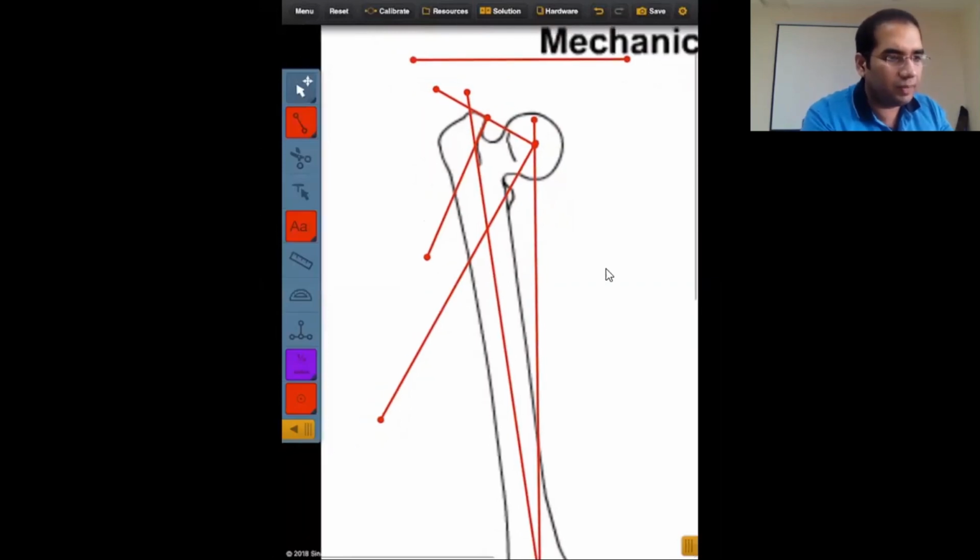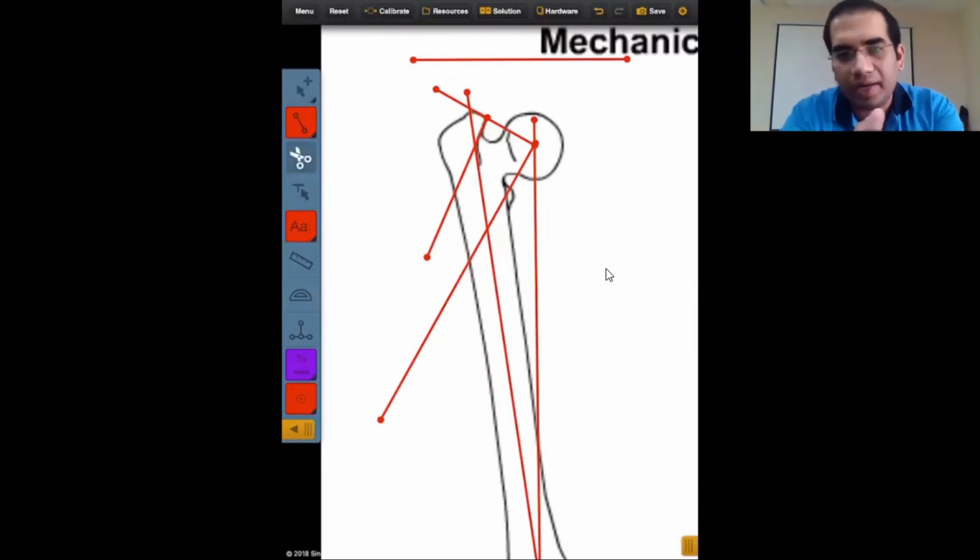Now I'm going to just correct the deformity so that you can get a better understanding. Whenever you get a case of coxa vara or a case of non-united neck of femur which has collapsed into varus, what you do is you valgify it, and when you are valgifying, you are basically restoring the normal axis. So what do you do over here is, I'm simply going to do an osteotomy.